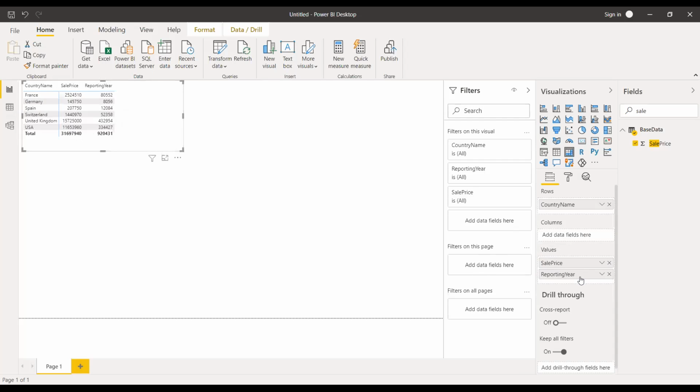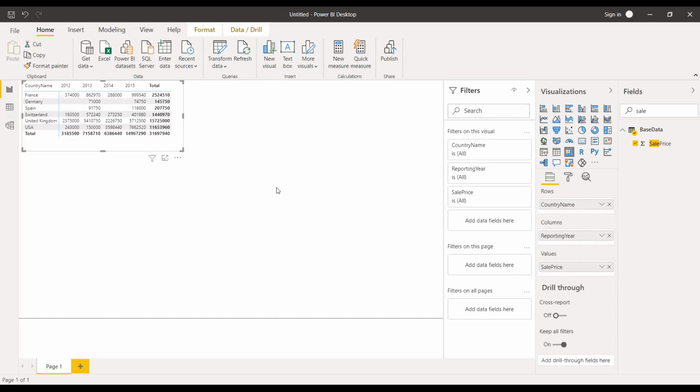If I use it as a column field, it's a two-way matrix table. In the columns we have year, in the rows we have countries. Is this okay to you? What is the difference between taking the field in values or in columns? Can you observe the difference between the two?